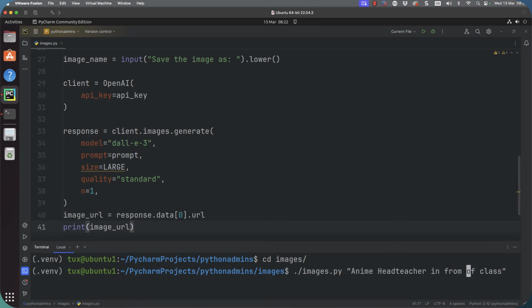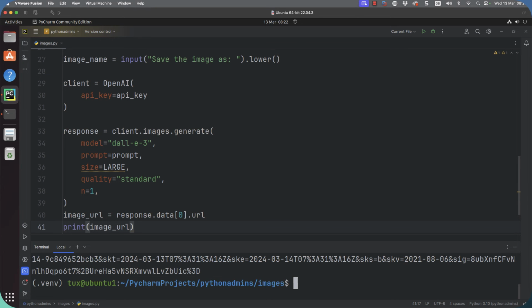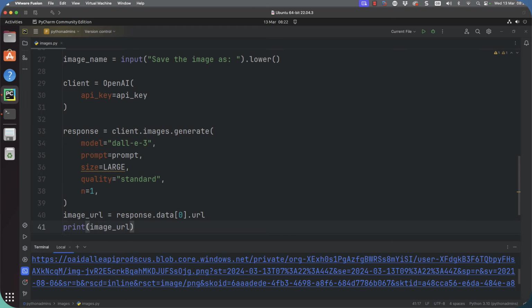You can choose the style that you want, and obviously you can choose what image you want. Now, say we've got the prompt for our image. It doesn't really matter what I put in here because we're not downloading the image, we're just getting the URL. But let's just call it teacher.png. The request will have gone through now. They've got their pen and paper out, their coloured crayons, and they're busily drawing. And we can see then it's given us a URL back.